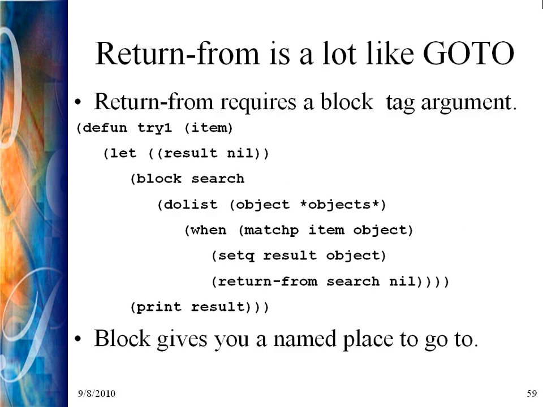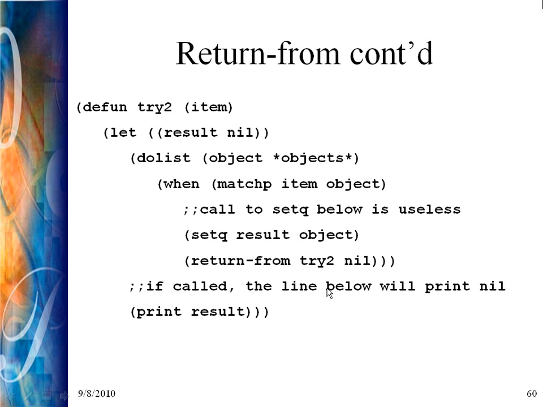The correct thing to do is return from search here and return a list of the object. When matchp item, set result item and return from search nil and print result. What you should return is something more complicated that tells you that the object was found and